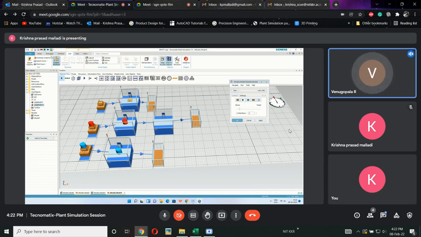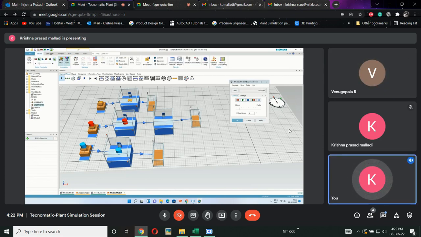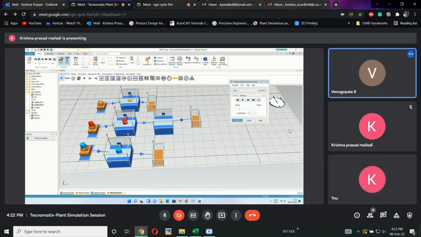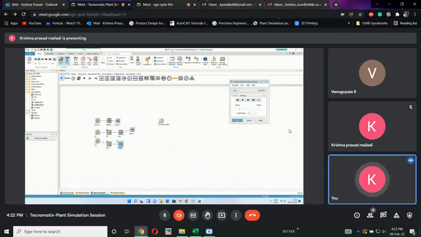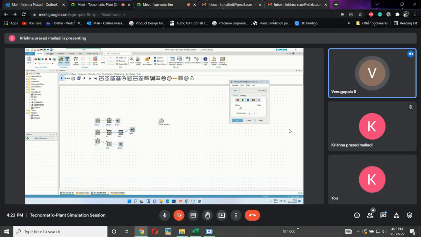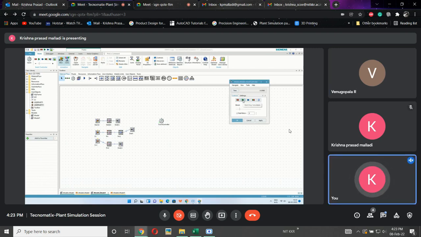So we can define a machine also, no? Yes, we can change the mission conditions, mission characteristics, and mission visualization also. The default mission is like this. I don't want a mission like this. I want a CNC mission which is almost a replica of the actual machine. I can define that. Yes, there are different representations, but they are visible in 3D only, whereas in 2D it will look like this, just an icon. So this is what exactly Plant Simulation is capable of, sir.